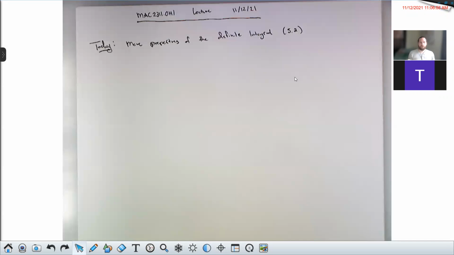The way I drew the picture there, the number c was between a and b, but it turns out you can do that even if c is outside the interval a to b. So I want to look at some examples like that where the application of those properties is not as intuitive as the geometry in the original picture suggests. And then I also want to look at some consequences of those properties,